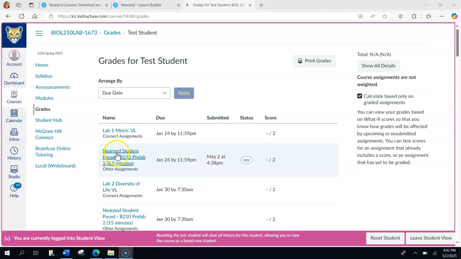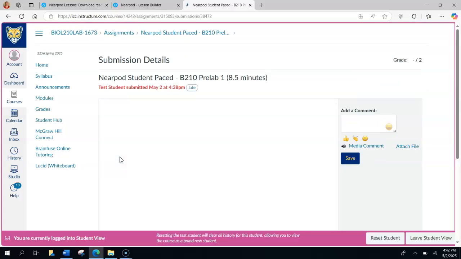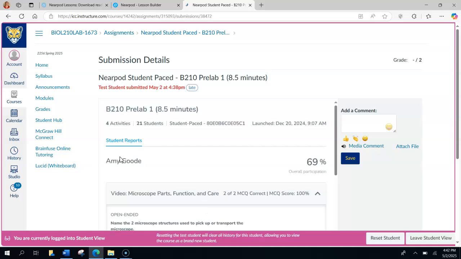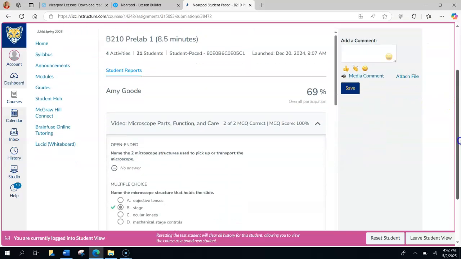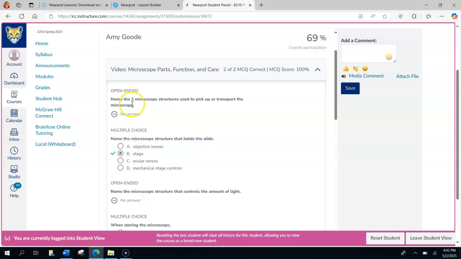So let's say you want to see how much you actually completed. So you're going to click on the Nearpod itself, and you just got to give it a minute. And it's going to show you what I see, which is called a report. So again, this is just saying it was submitted. So then I have to physically go in and grade it. So if I were to see this, I would see that you only completed 69%. So therefore, I would take off some points because you did not get 100% completion. So you got to get 100%. And as we scroll down here, you can even see which questions you skipped. So you could go back before the due date and finish those